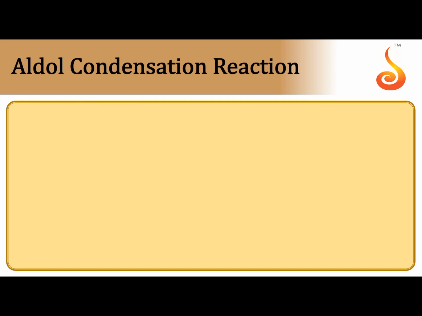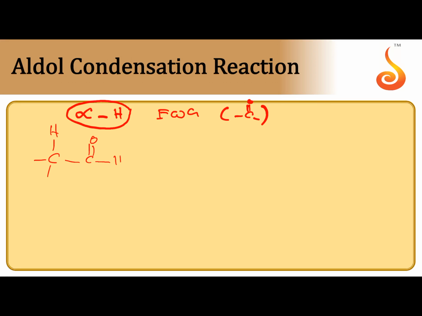Next, aldol condensation. This is very very important. The aldehydes or ketones containing at least one alpha hydrogen with respect to an electron withdrawing group like C double bond O. So C double bond O is a strong electron withdrawing group. The next carbon is the alpha carbon. The hydrogen which is attached to the alpha carbon is acidic hydrogen, because as it is removed, we can get a stable